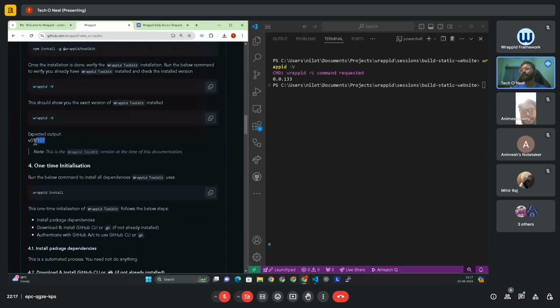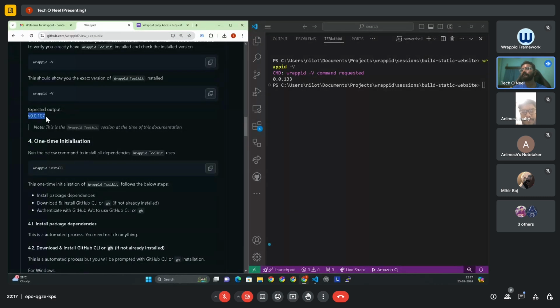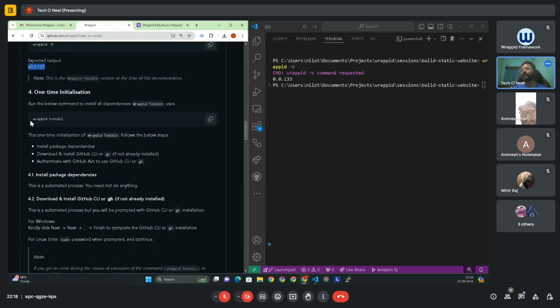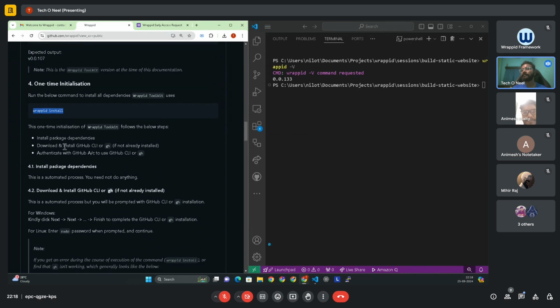So here the expected output is 107, which is in the documentation. When the documentation was updated, the latest version was 107. Currently, we are on 133. So this is done. I also pre-installed the rapid install part, which is nothing but installing the package dependencies for